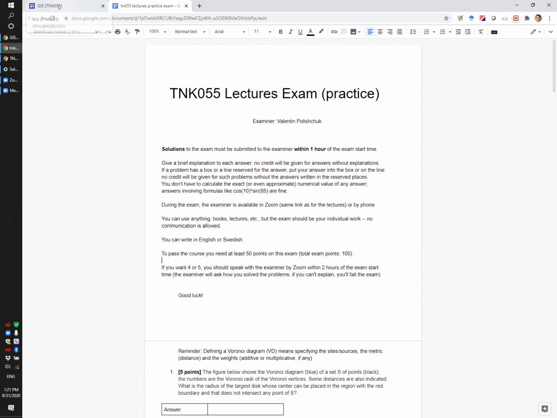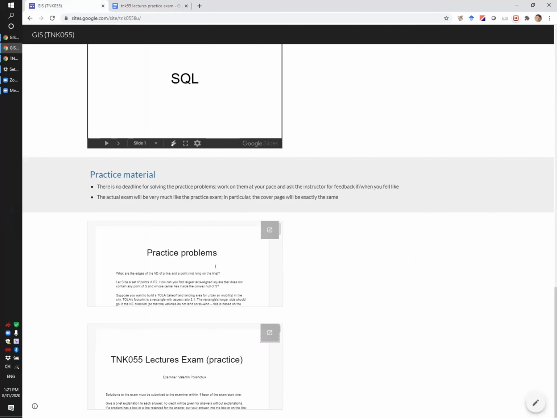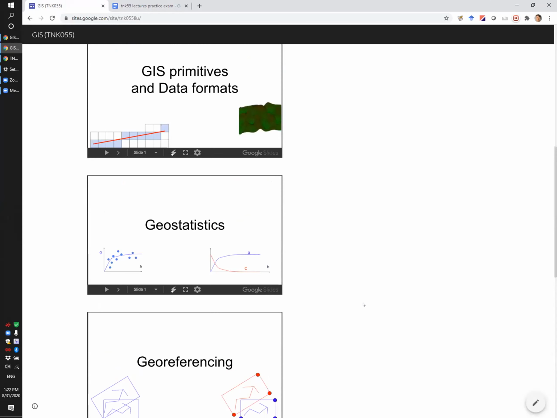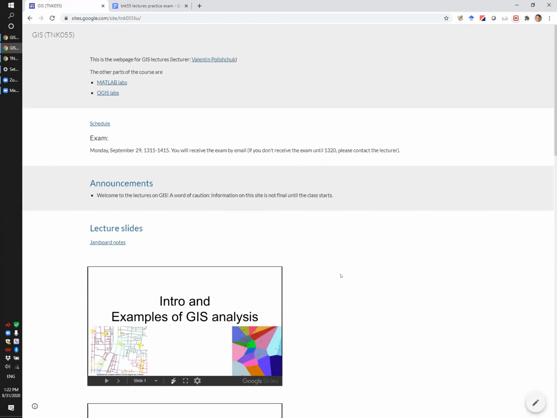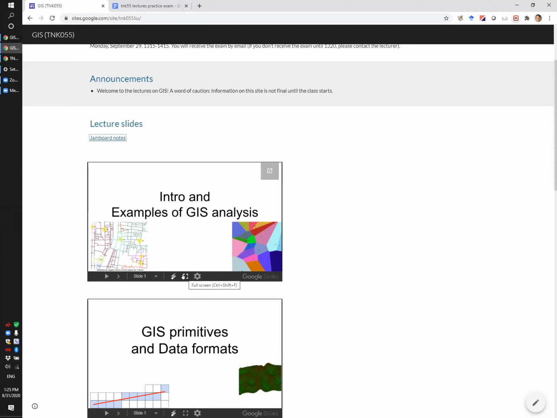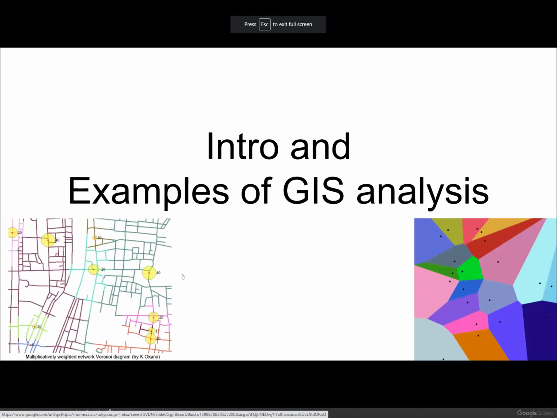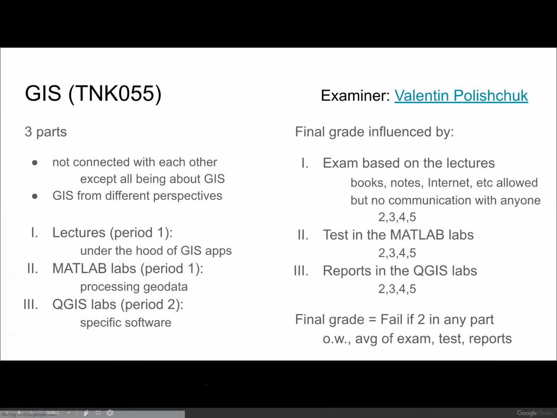Okay. So that's about the exam. There are also some practice problems, but there are no homeworks or anything. You basically work on the practice problems or practice exam problems whenever you want, and if you need help or have questions, then ask me a question. So now we'll go into the first set of lectures, the introduction, and then also speaking about the Voronoi diagram.